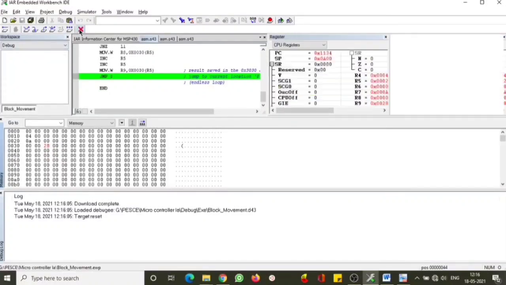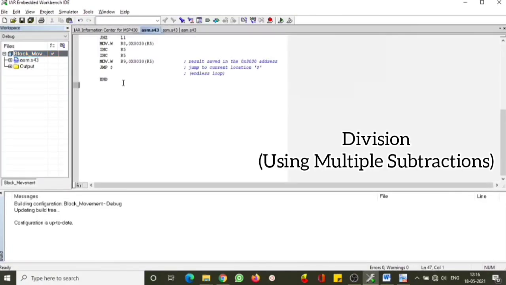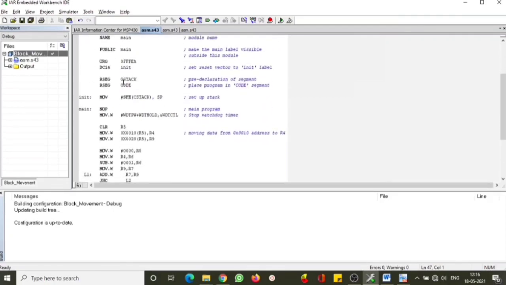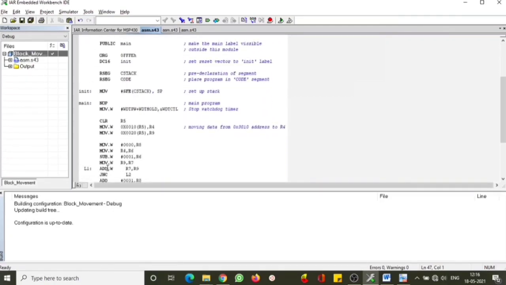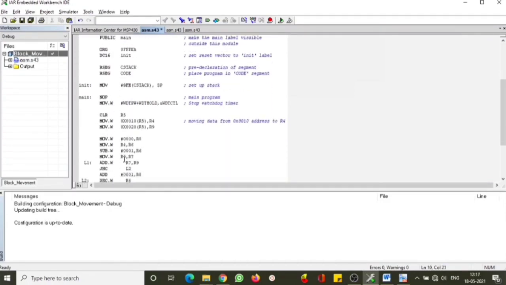Just like that, if we can do multiplication like this, the same way we can do subtraction, which means division also. Instead of addition, we are supposed to go for subtraction, right? So we will take another number which is quite higher. I'll take a number that can be easily divisible by a common number. I'll take A for our current purpose. I'm using 2 now. Instead of addition, we will do subtraction here.